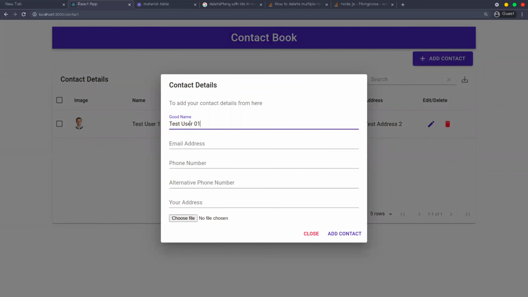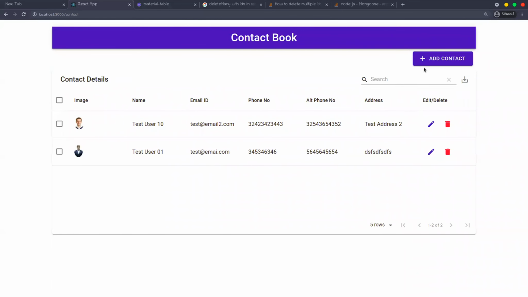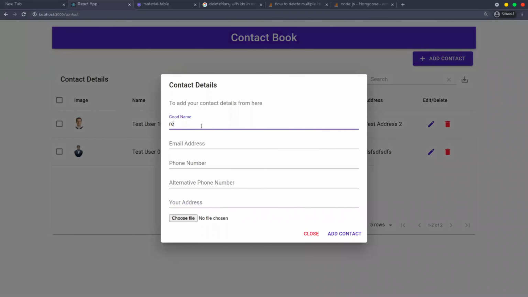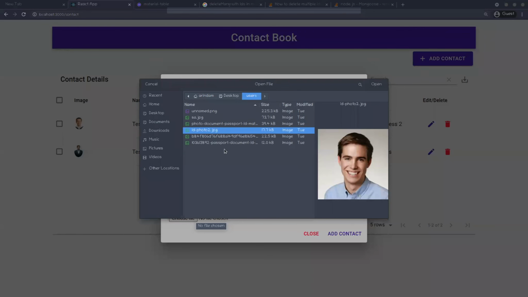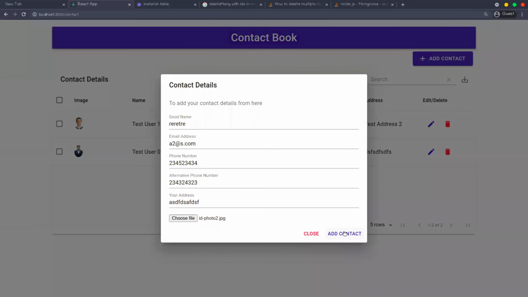Test user 01. I'm giving random values. Okay. So I have created 3 contacts.